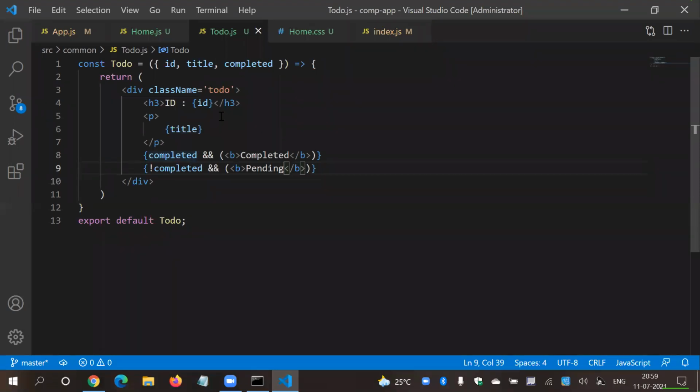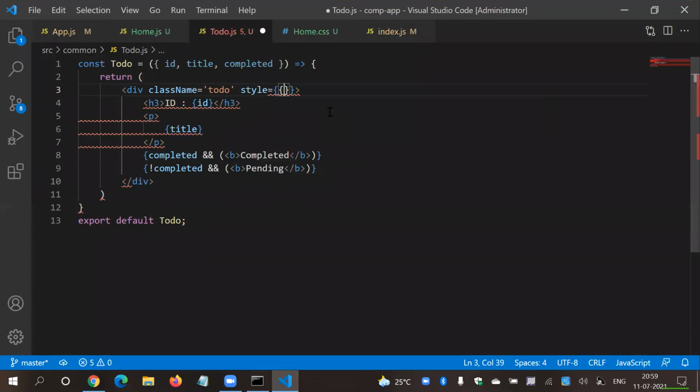So one more thing, what if I want to apply some cascade style sheet based on some variable, that is also easy. Let's say style, and this is conditional, that's why I'm going to use this, and say color is equal to something, based on this variable if completed.